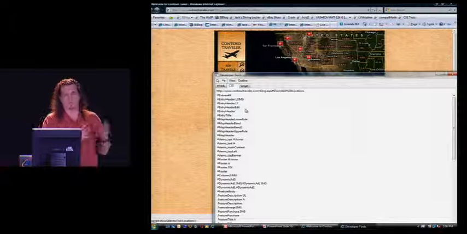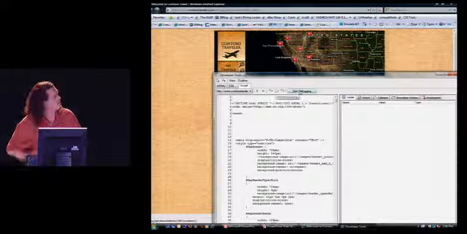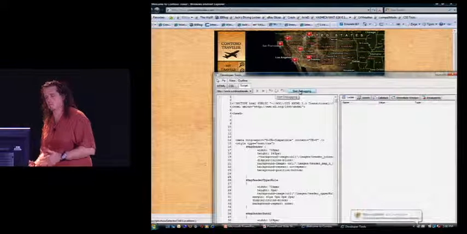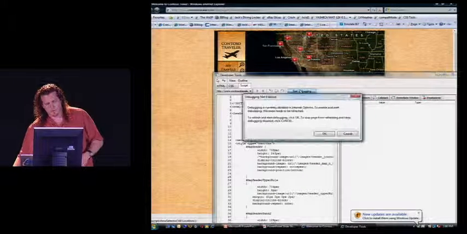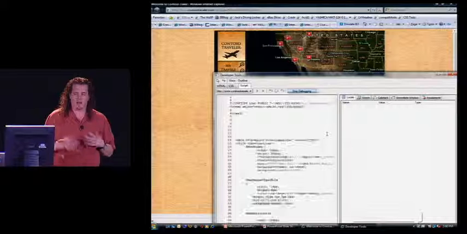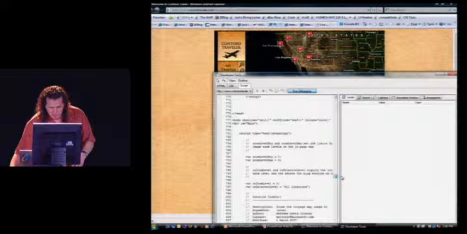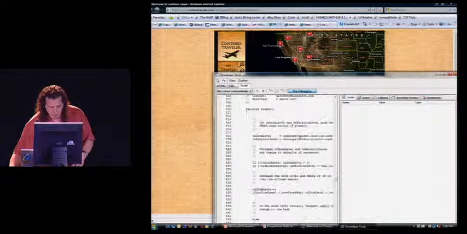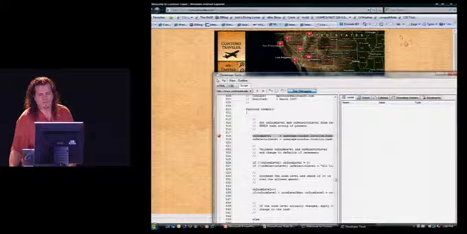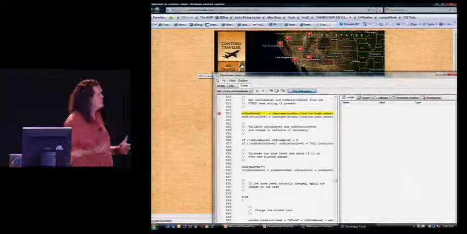CSS tool basically just gives you the CSS. We're still working on the user experience for this one a little bit. But the script tool is the neatest one. So obviously we don't want to run everything in the debugger by default because it would have an effect on performance. So we do give you a one-button click to turn on debugging if it's not on already, and obviously it has to refresh the page. But once you refresh the page, you can very quickly and easily just go in and, let's set a breakpoint. So I set a breakpoint on the zoom in button. So zoom out doesn't do anything. Zoom in stops me right there.